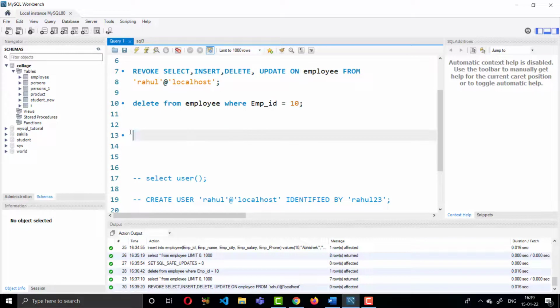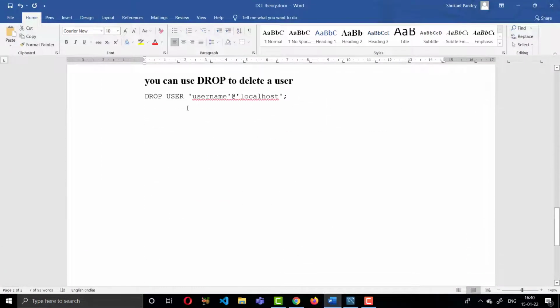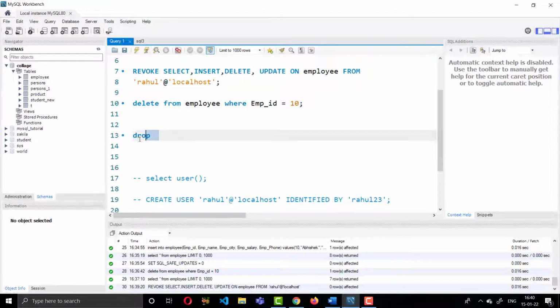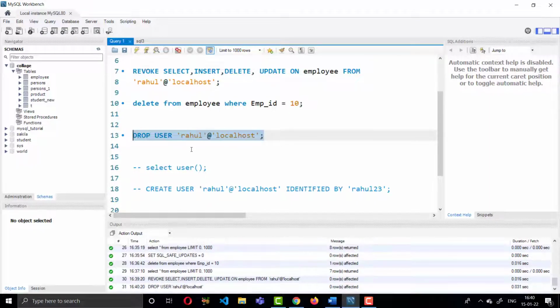Use the command DROP USER, username at localhost. Suppose I am removing Rahul at localhost. Select the portion and run.